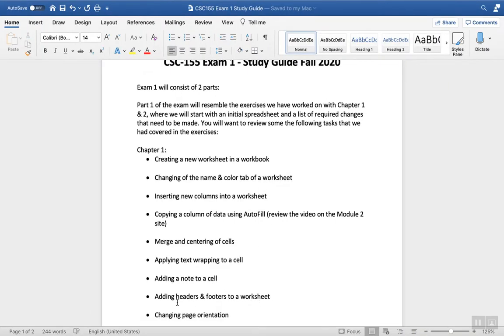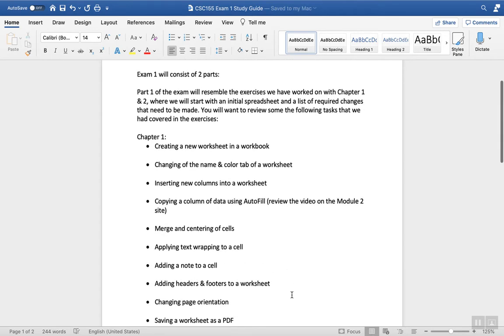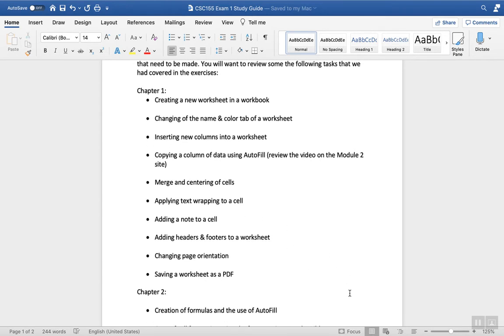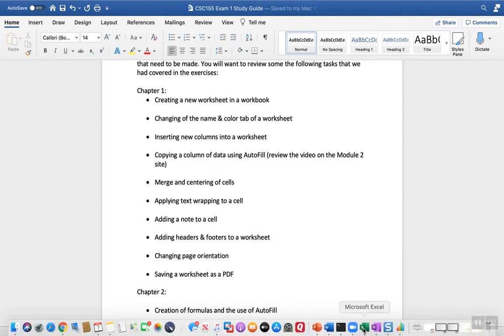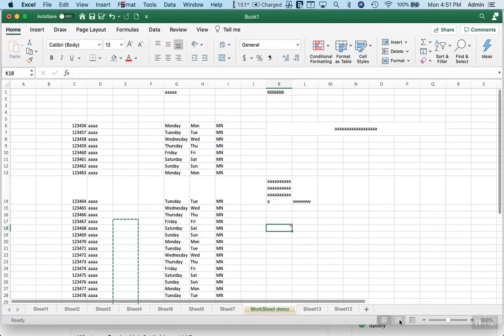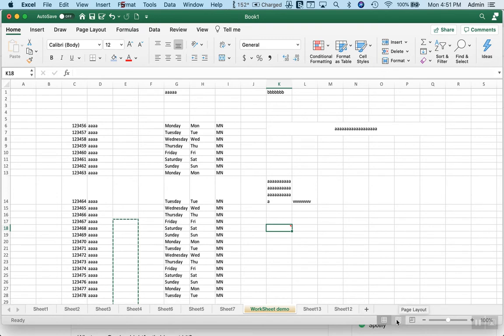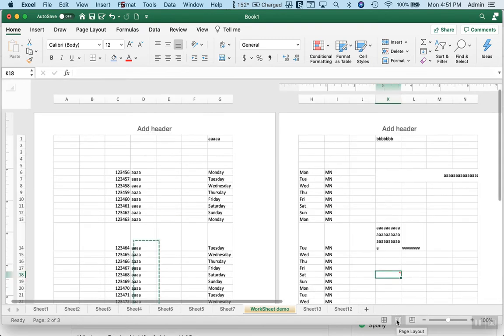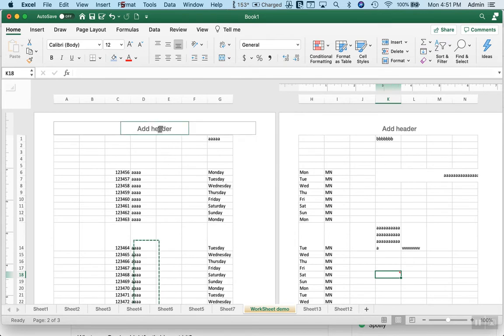Headers and footers to a worksheet. Once again, a couple different ways to do this. One way we can do it, let's go to our spreadsheet. If we look down here at the page layout, if I click the page layout, it changes the layout, basically the display. And I can come up here and I can say